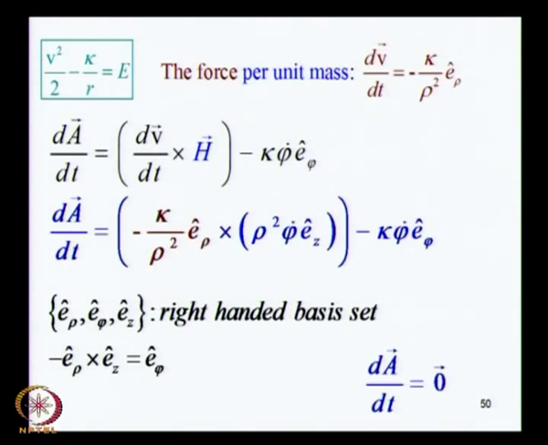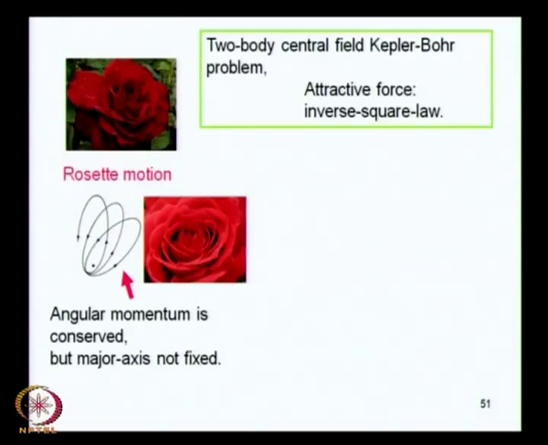As you see here, the force being 1 over r square is an essential part of the proof that the Laplace-Runge-Lenz vector is a constant, because if this were not so, the first term would not have cancelled the second term to give a 0, right. These two terms had to kill each other exactly. Only then would the Laplace-Runge-Lenz vector be a constant. So, we needed to know the force,